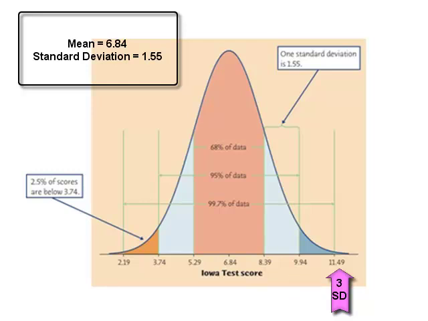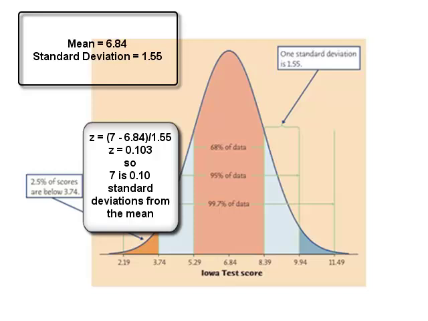But again, I could ask the question, what's the probability that someone would score less than 7.0? How would I handle that problem? That's when we're going to take that score of 7 and see how many standard deviations it is away from the mean and use our standard normal table to help us. So we're going to find out how many standard deviations 7 is away from the mean. So we'd use our z-score calculation. So we'd say 7 minus 6.84 divided by 1.55, and that's